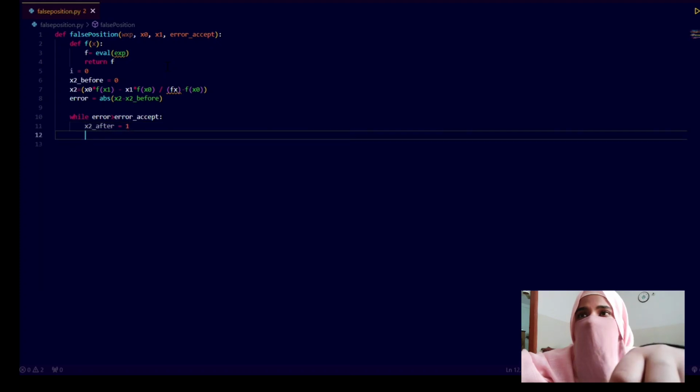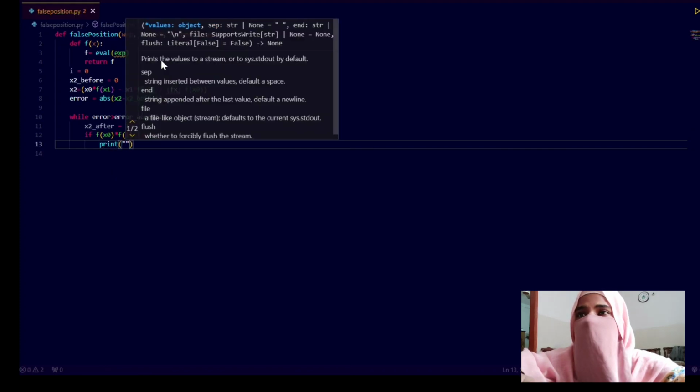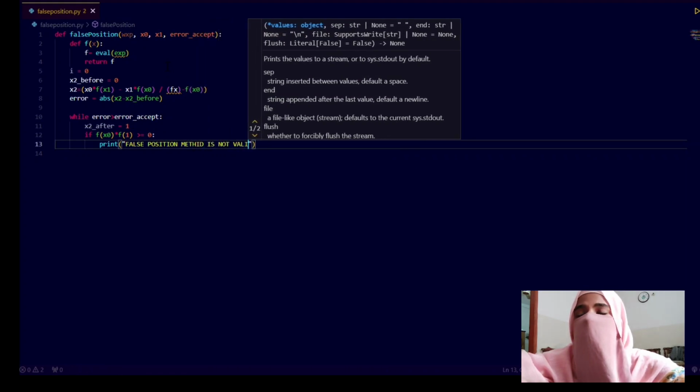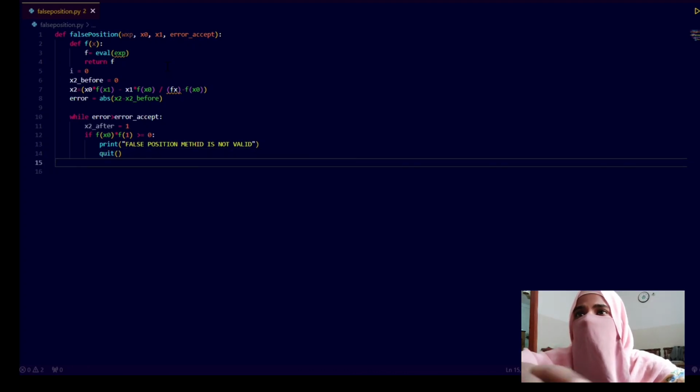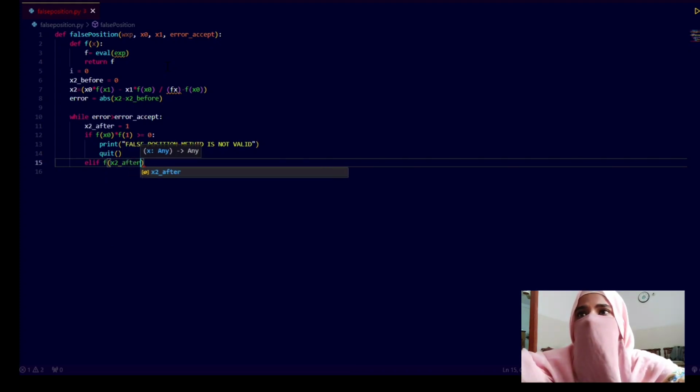Now in the if statement, if f of x0 times f of x1 is greater than or equal to 0, we will print false position method is not valid and quit from the if statement. However, if f of x2 times f of x0 is less than 0,